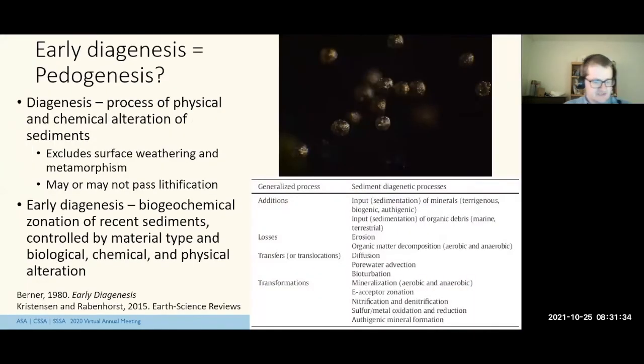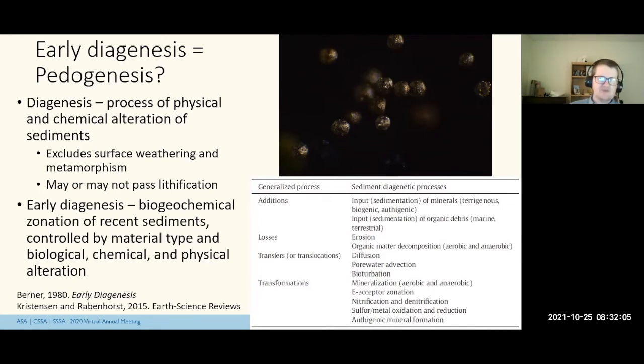Now, this ties us into an important concept or set of concepts. There's early diagenesis, and pedogenesis. And these get thrown around a lot in different disciplines. Diagenesis is a sort of geologic concept. It means second genesis. And it's kind of the process of physical and chemical alteration of sediments. Big picture. Most geologists would exclude surface weathering, and so that's kind of how they try to carve pedogenesis out,